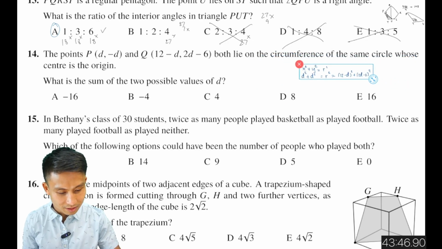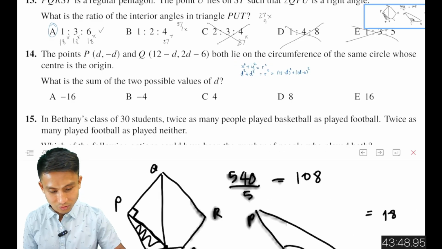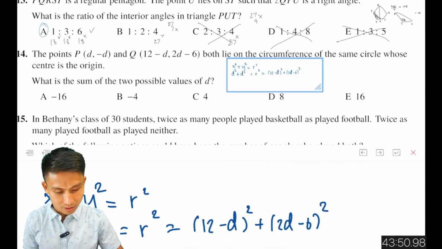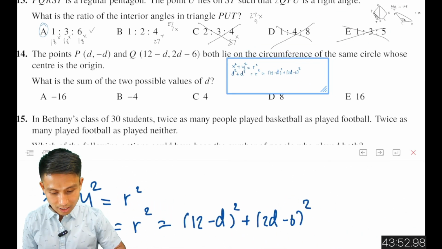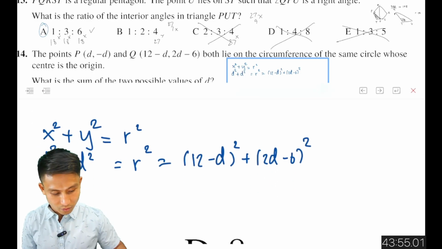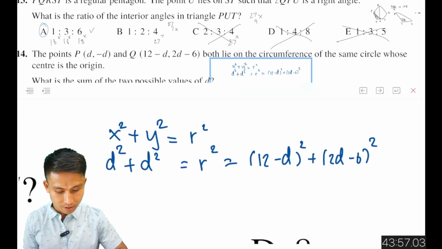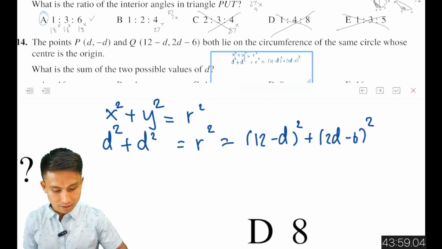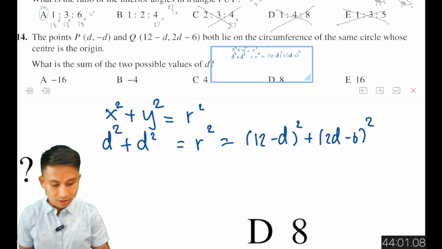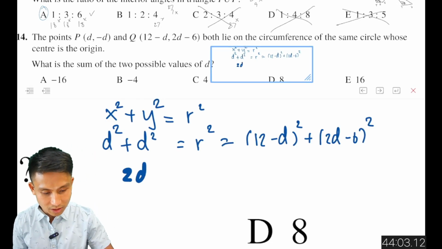That's just it. Now I'm going to just do that. Okay. So what do we do next? Well, we can continue with that because you can simplify this, right? So this is 2d squared